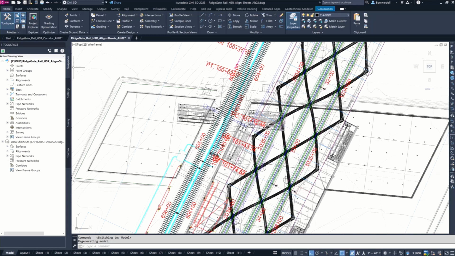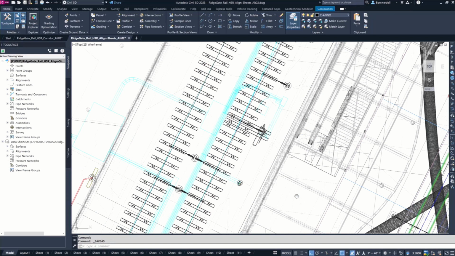Even when we build the corridor model, we have a lot of information in one place where we can see what's happening, but this can get messy and very busy sometimes. But because we have these tools available to us, and we've walked through some of these rail workflows to create a complete and comprehensive model with these details like the sleepers or the tie locations and the OCS pole locations or the switch machines, we can actually construct a model that is going to tell us if we've got a